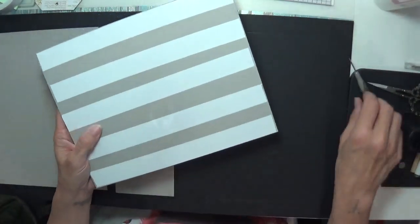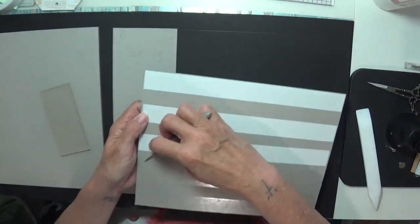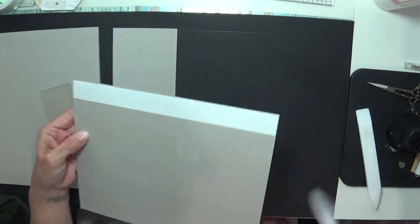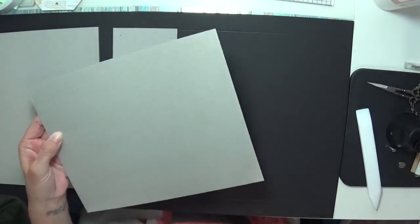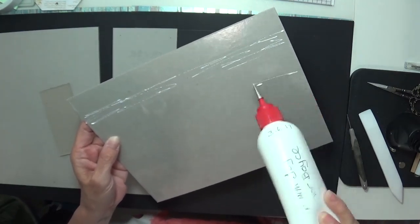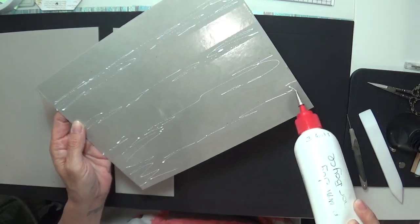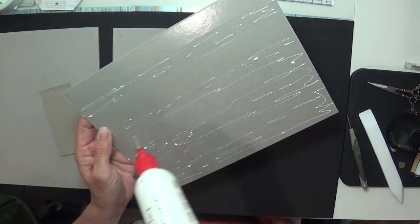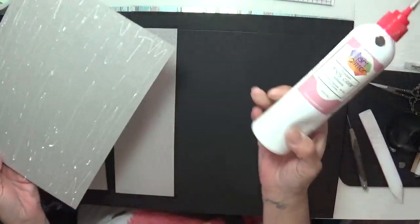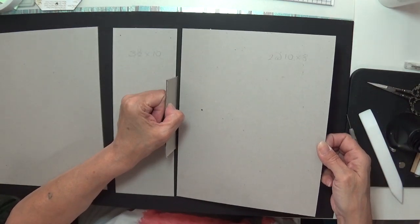So again, I'm going to remove my strips. And I'm going to add glue as well. There we go. I'm just going to add glue on there where there's no tape. That's more important because there's loads of tape on there. May add a bit just to help with the wiggling as well, because that gives you wiggle space as well. And a little bit of time in between layering these pieces as well, so I'm just going to lie that down,